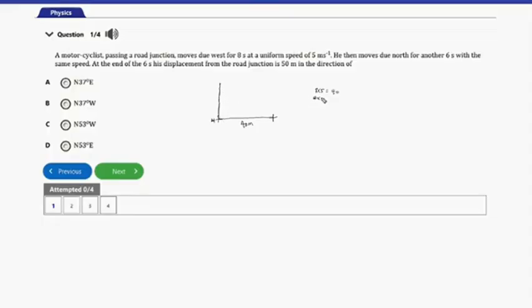at the same speed. So that's 5 meters per second times 6, so that's 30 meters. So guys, if we complete this into a right angle, this will be in this format. Then we have the displacement here to be 50 meters. So guys, in order for us to get the direction of the displacement and the angle as well, we are going to use that